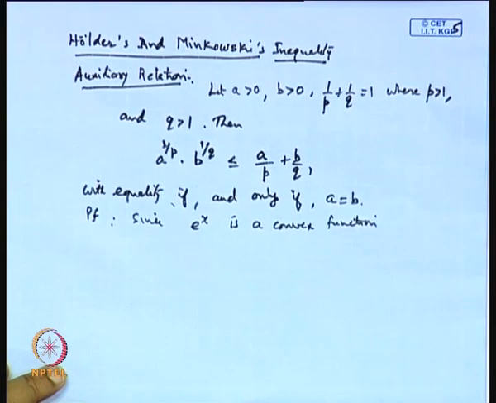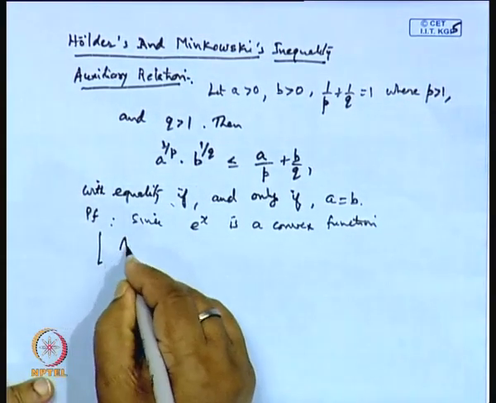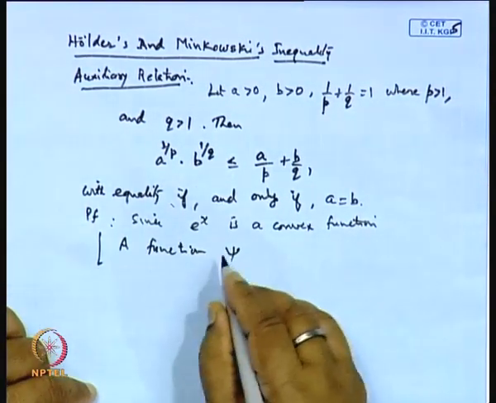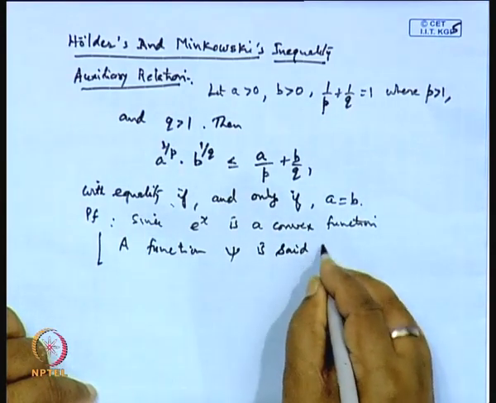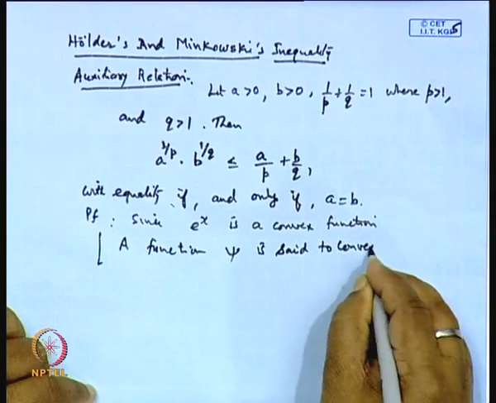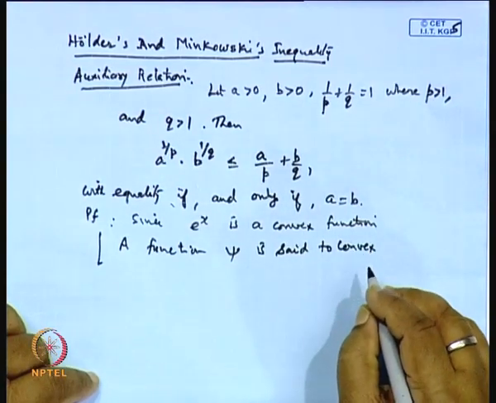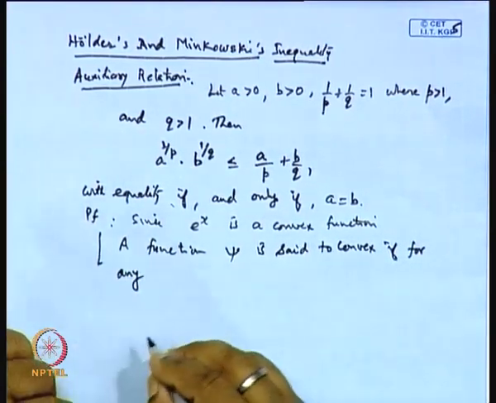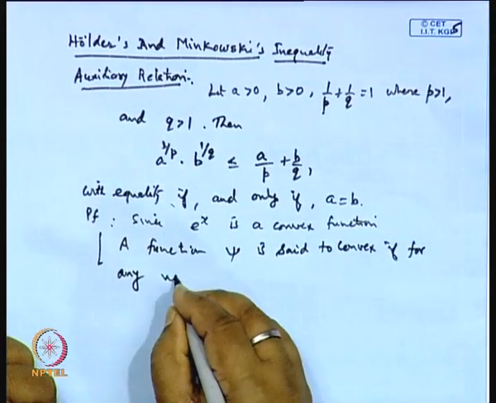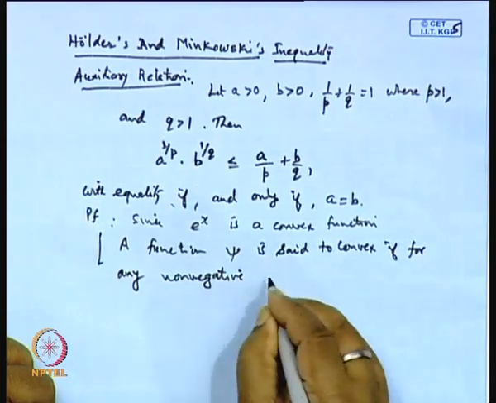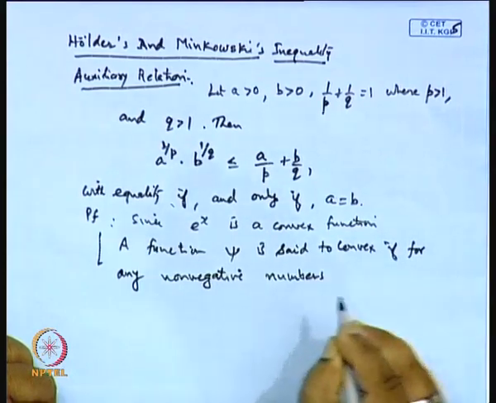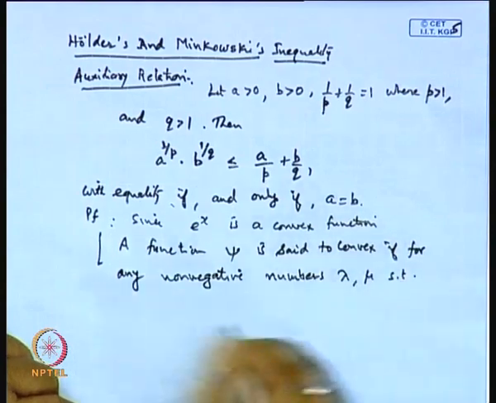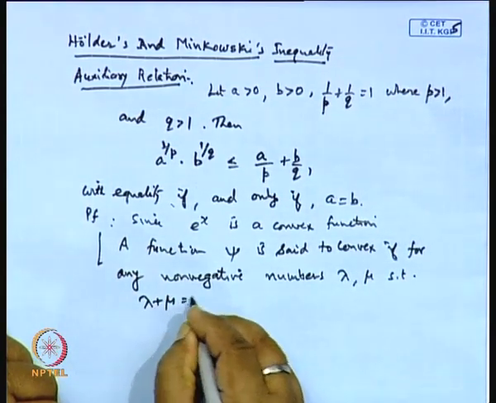We say a function psi is said to be a convex function if for any non-negative numbers lambda and mu, such that lambda plus mu is 1,